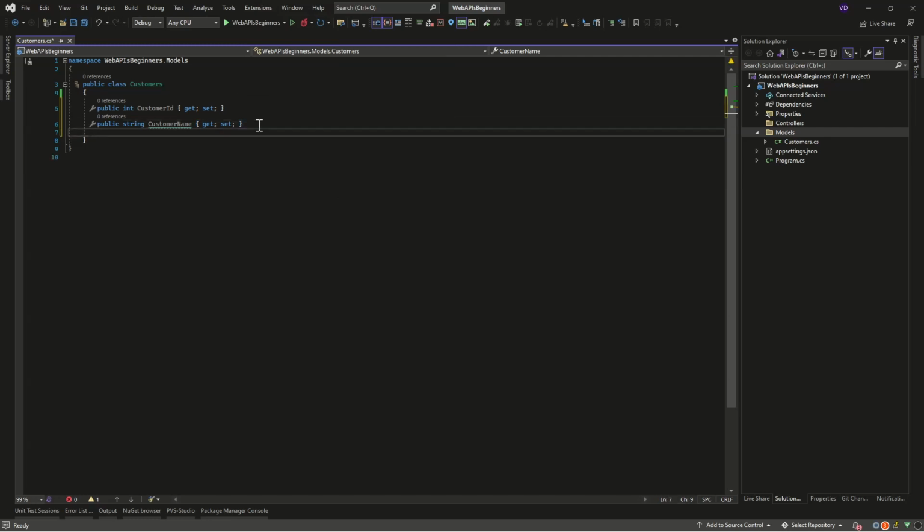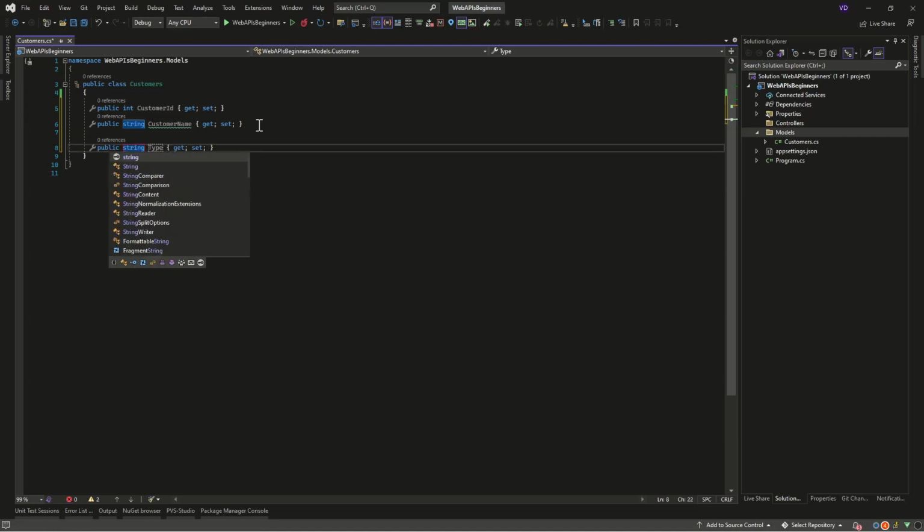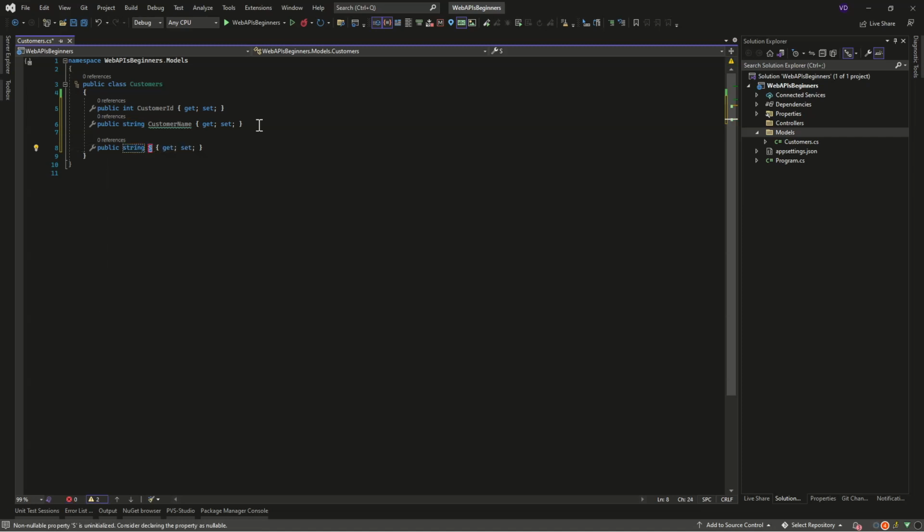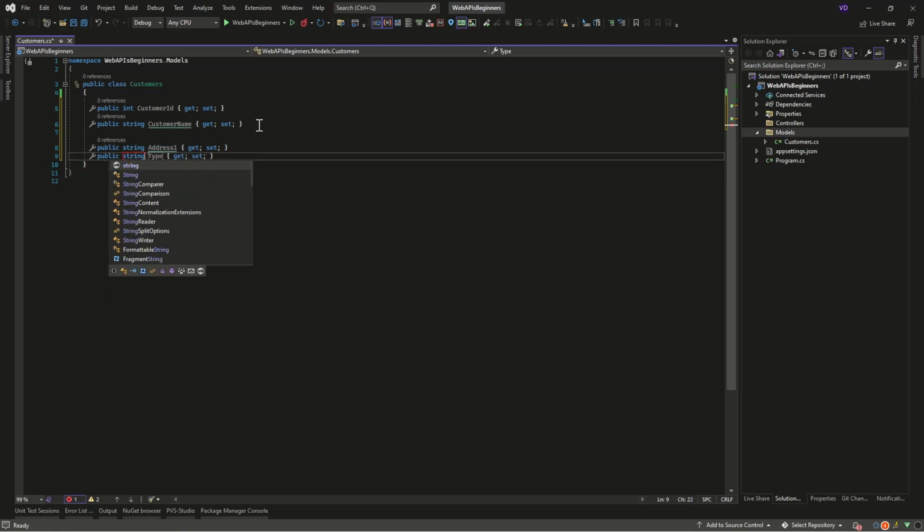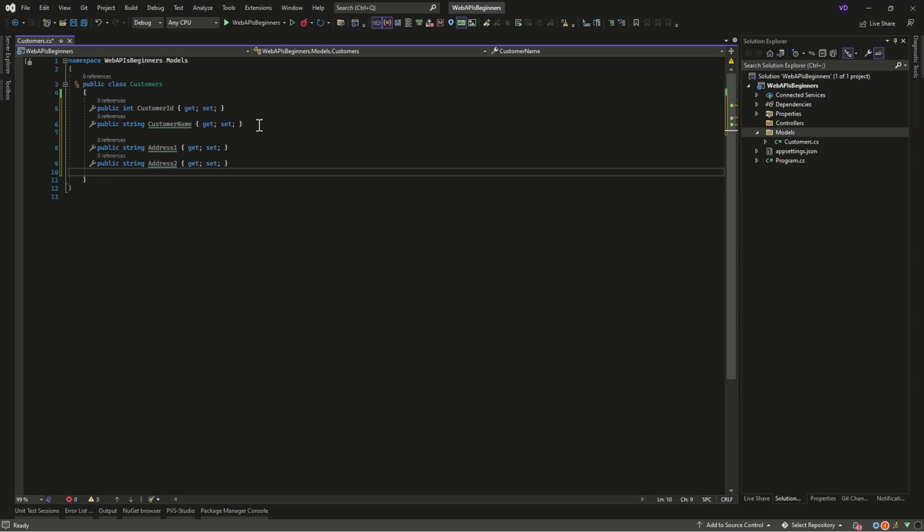So customers, what could customers have? CustomerId, CustomerName. Then, for example, in this case, we're going to list the address here. Address1, right? The first line, then the second line of address, and then for example,